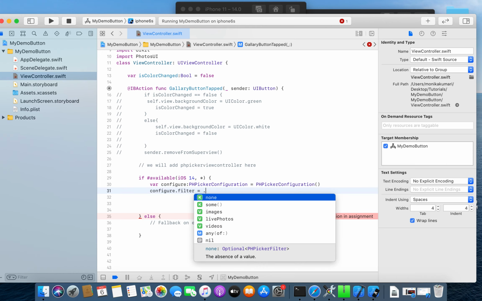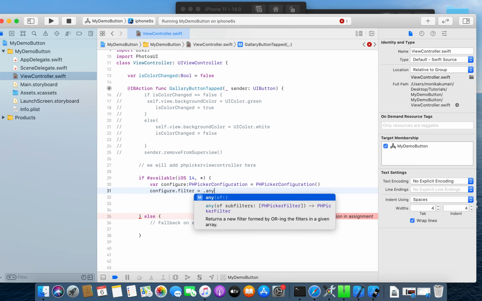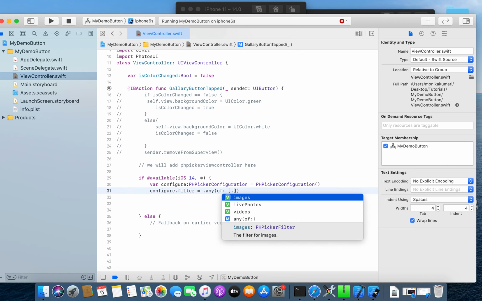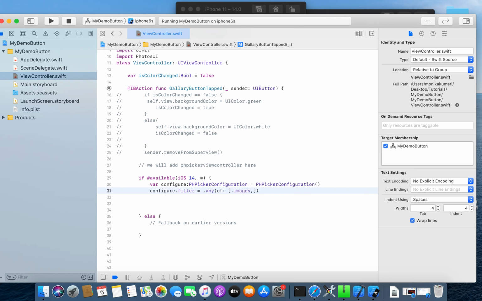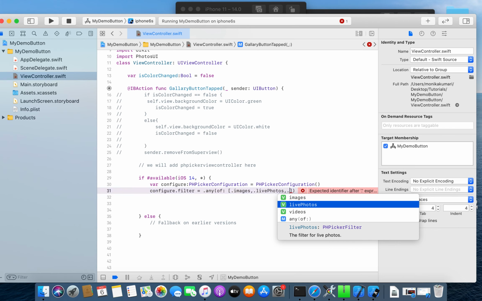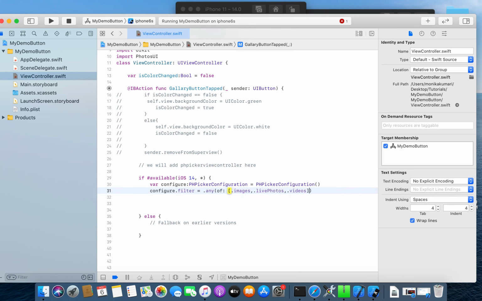I will write dot any of, from, I will create an array of dot images, dot live photos and videos. So I have added the filter property of a PH picker configuration.